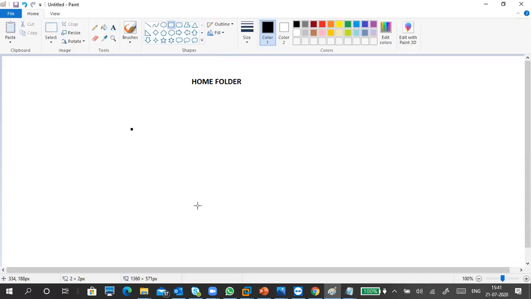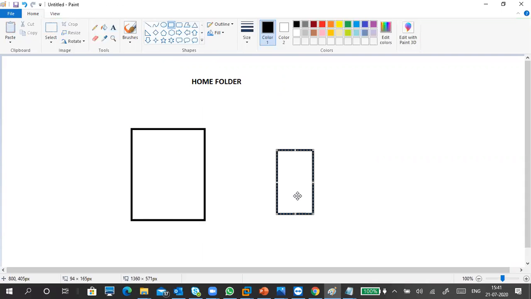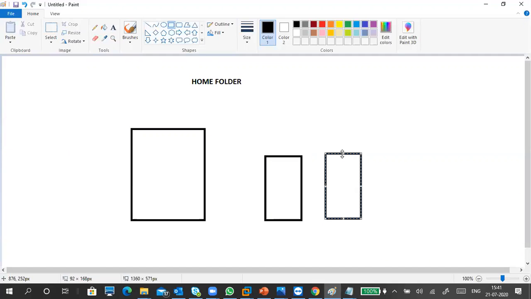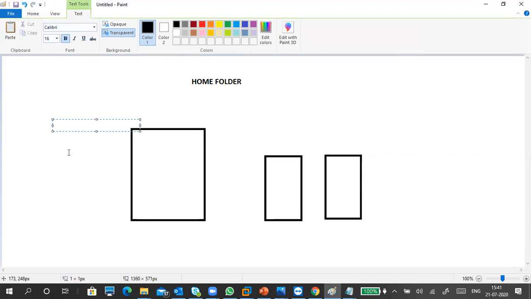For example, you may not be a roaming user, but there is a group of users working on the same project. For example, Java users, Java related people are there. They need a common shared folder.